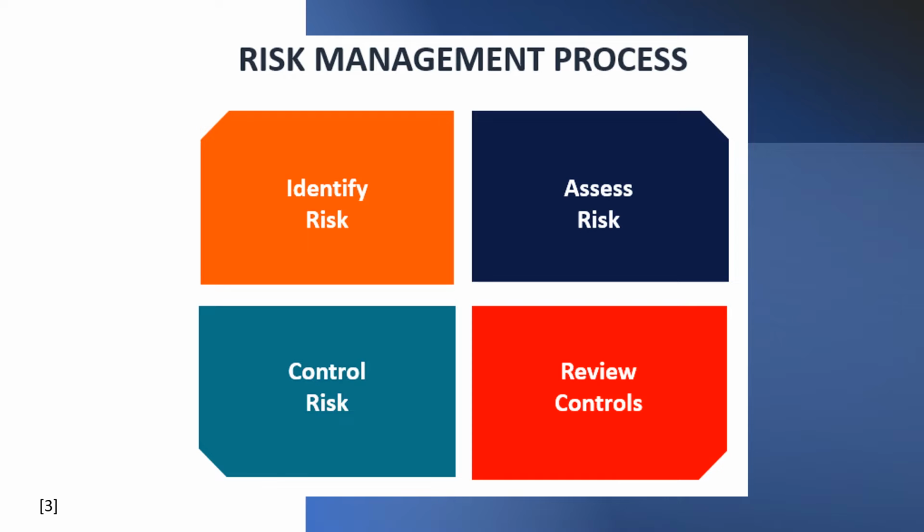So the risk caused to an organization is first identified: what asset it is harming, what kind of damages it is going to take, and then proceeding to the next step, which is assessing the risk. Assessing a risk is also a series of steps to be followed, and then there is controlling this risk. In order to mitigate or control this risk, the organization needs to take certain steps. And then there's the last phase, which is reviewing these controls. So whether these controls are wrong or right is reviewed, and the process is finalized after this.